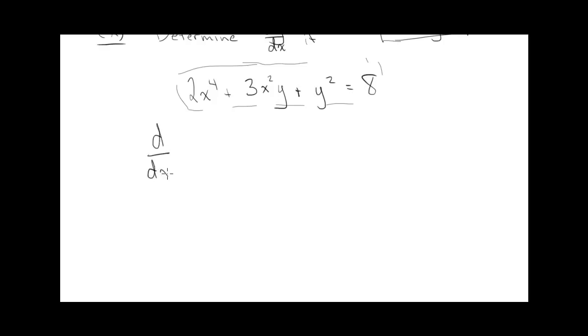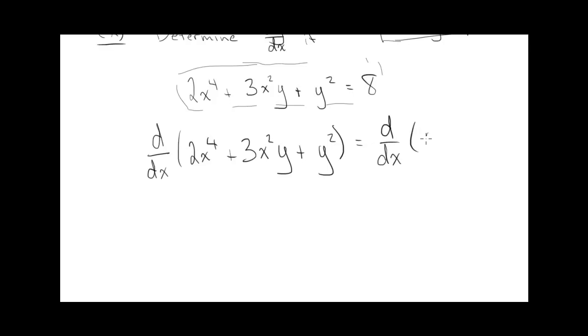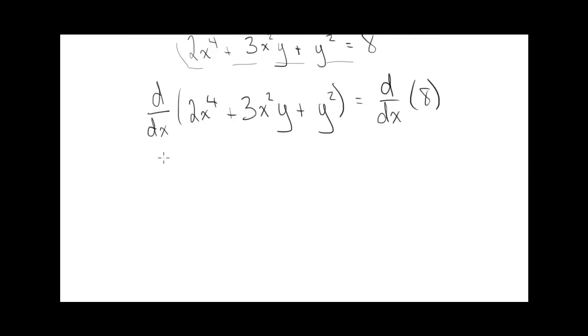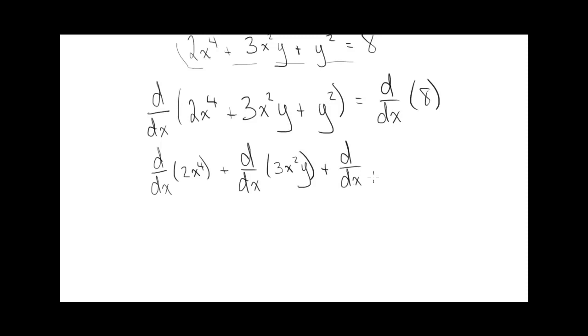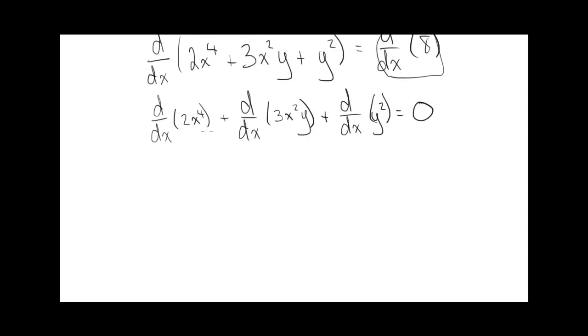So that means we want dy dx, so we're going to differentiate both sides with respect to x. So let me differentiate each of these sums with respect to x. And the derivative of this is 0. Okay, the derivative of 2x to the 4 would be 8x to the 3,